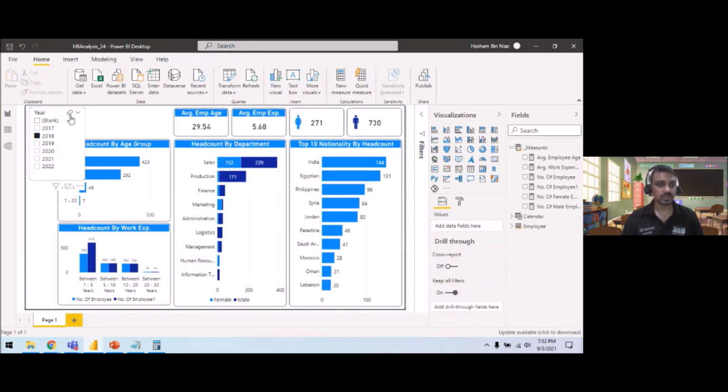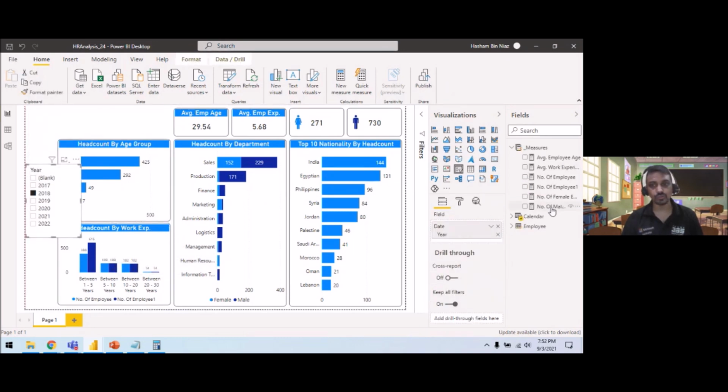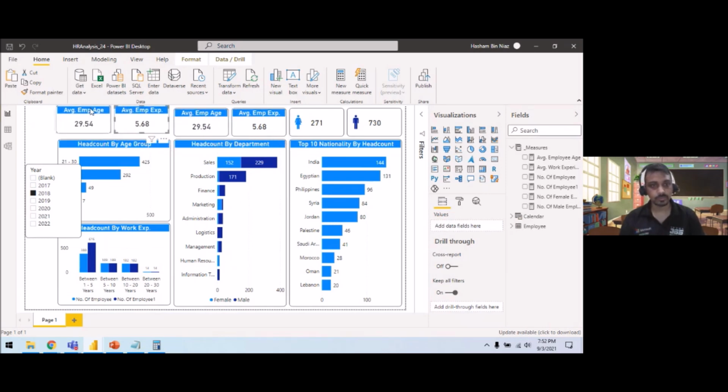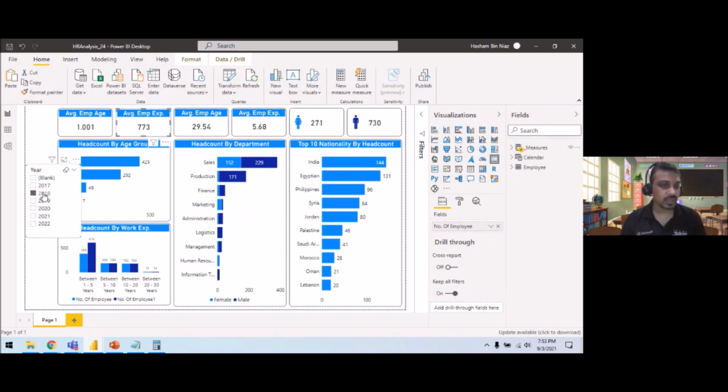To better understand this, we will create two more card visuals here. I will do a simple copy paste and place these two here. And in one of the charts, I will place this measure called number of employees. Now you see the difference: even when I click this 2018, this one is returning me 101, and this one is returning me 773. So this shows that 773 employees are active between this period,